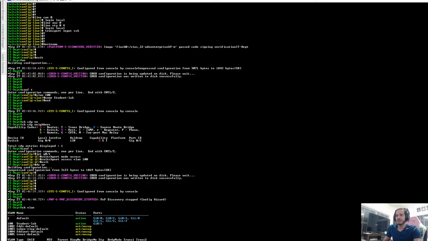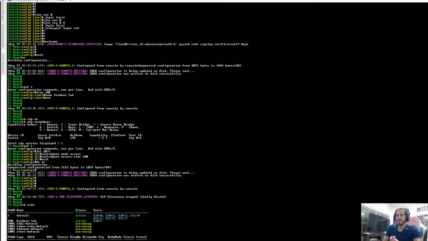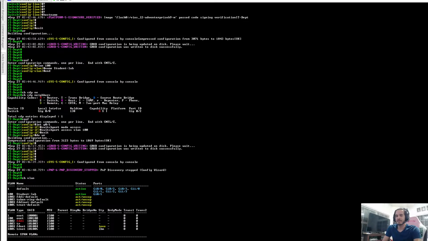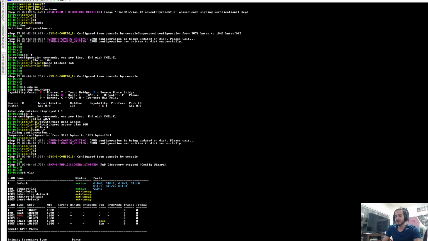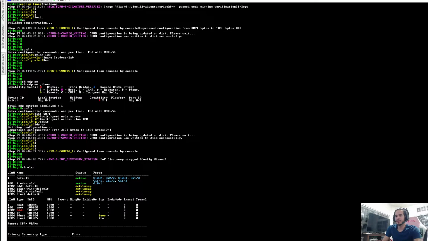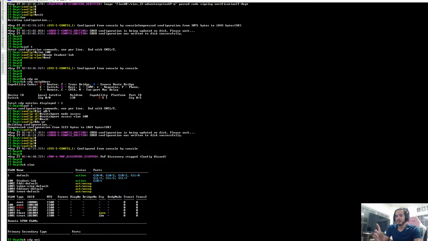Now what we're going to do is configure the trunk link between the switch and the distribution switch. Since I know I have CDP enabled, which a lot of times is not enabled by default, it can be a security risk, but in my lab, segregated from everything, it's enabled. So now I'm going to go into interface G0/0. Now I want you to see this. If I try to do it,